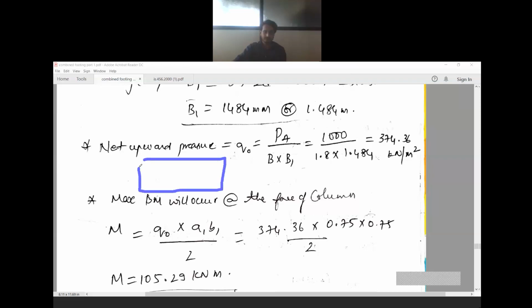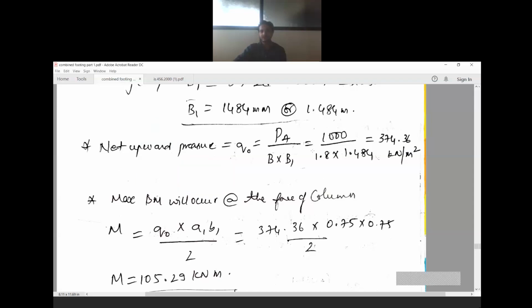We have this column. So up to this portion, here I will shade this portion. So I'm considering the area of this. So this side is B. So this length is B1. Then B1. So this length is B. This length is B1. So B1 into B is the area considered. Under this, what is the upward pressure applied due to all of forces?